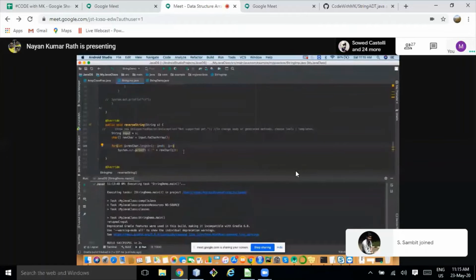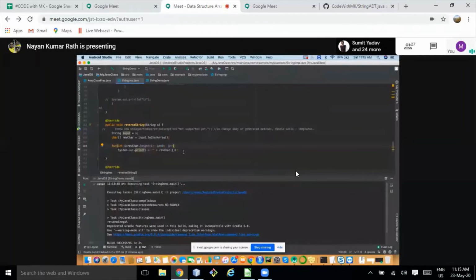So I need to store that. Yes, whatever you are printing, you store somewhere also. But I don't expect you to use extra space for that. That is the reason I gave this problem. If you use extra space it's fine, but you will be using extra order of n space complexity.